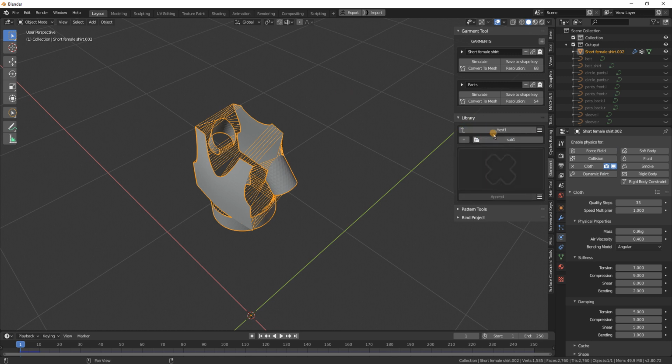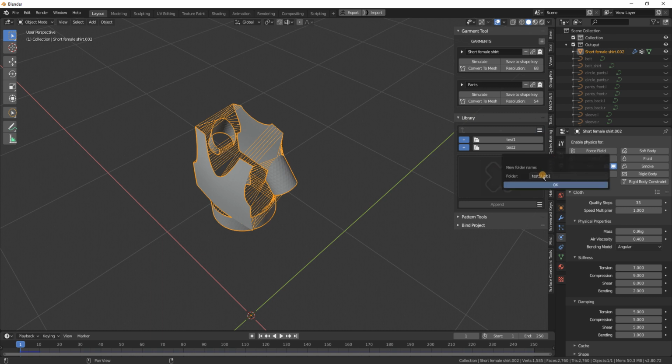Just to quickly show maybe more options, if you want to rename, just click the plus icon to select the folders you want to rename, and then rename this in here to something like so. You see it is renamed. If you want to remove something, then just select the folder and press delete.